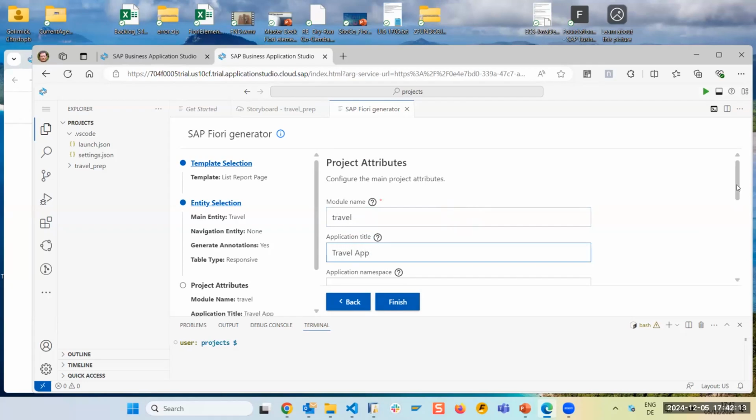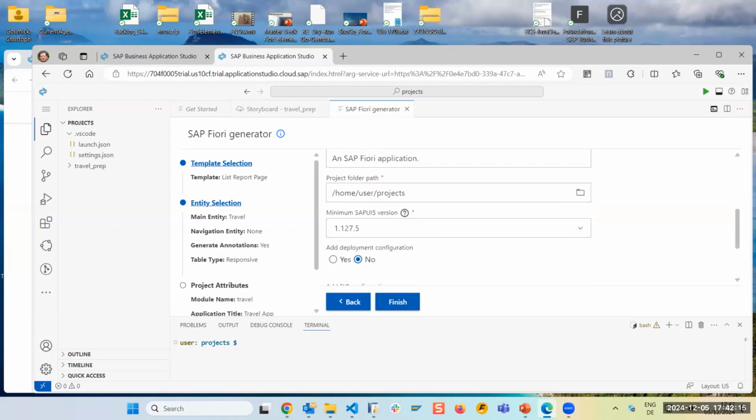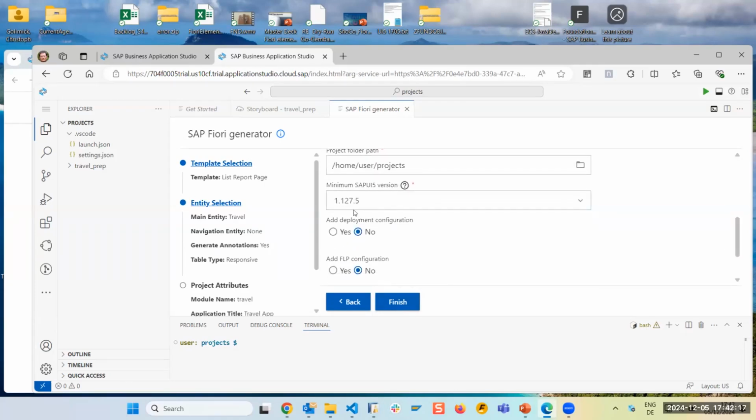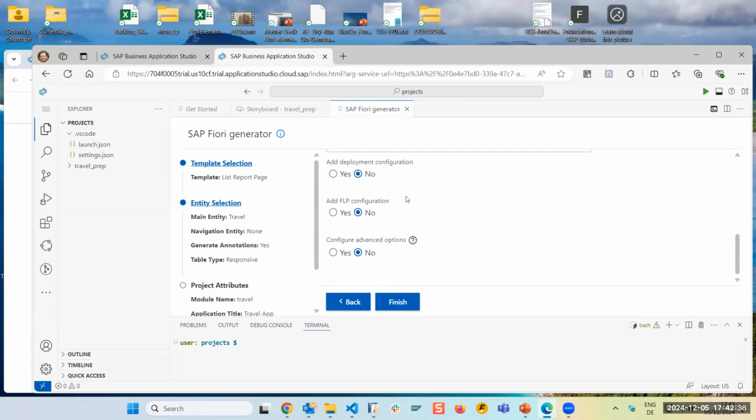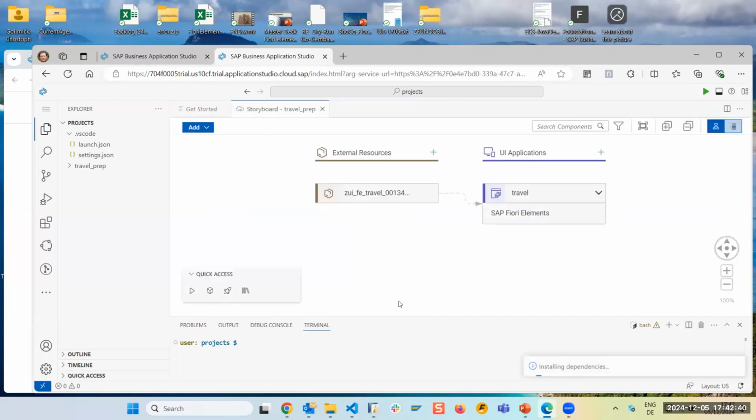Okay, let me scroll down because there's one other thing which is pre-filled. This is the minimum UI5 version. This is basically the version which defines the features that I can later use in Fiori. And this is derived from the backend system. So as I know, there's this trial landscape behind. So this is retrieved and filled in here. I can choose another one, but this is what I get automatically. So the rest is fine. I do not want to deploy, that's fine. I'm good and can finish.